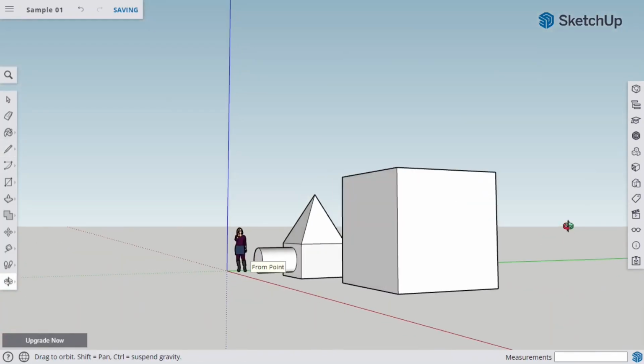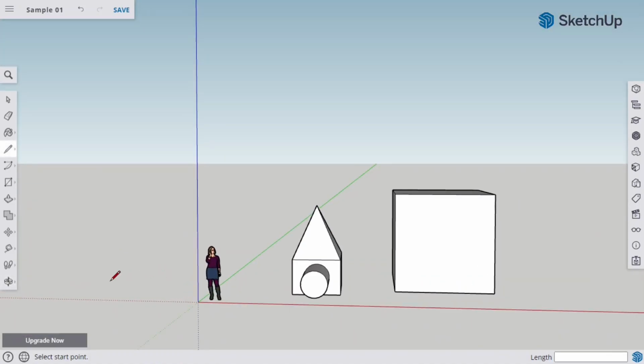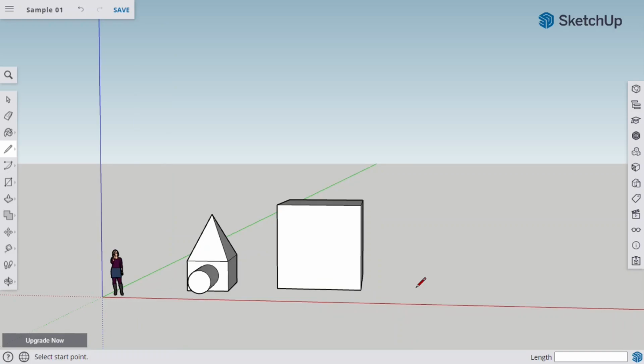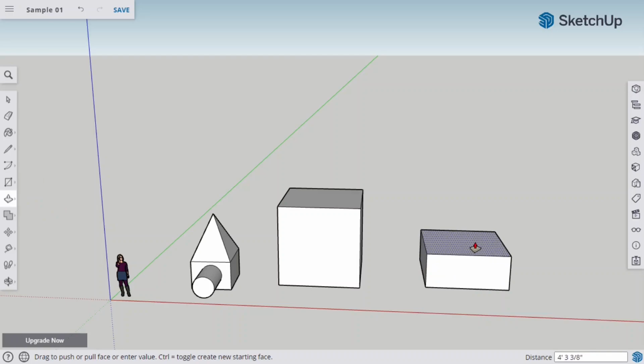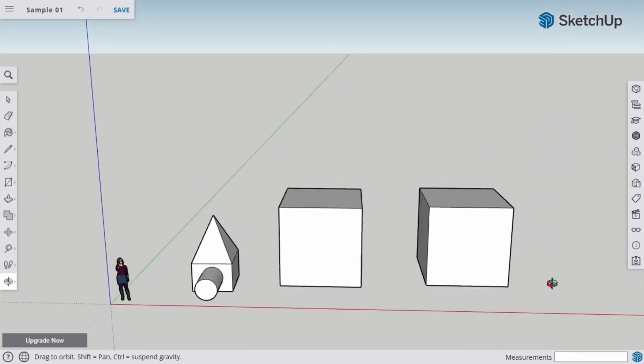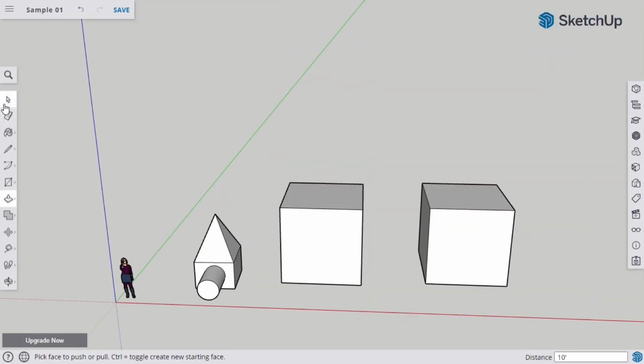And my cube is ready. This was just to show you how you can use line tool. However, there is a different way of creating the cube. I can create the square with rectangle tool of 10 feet by 10 feet, and then with the help of push-pull tool, I can pull it up to 10 feet to make this a cube. But I'll explain all these tools in detail in my upcoming videos. I hope you got a hang on how to use eraser, paint, select material, line and freehand tool in SketchUp.